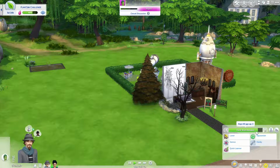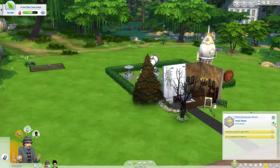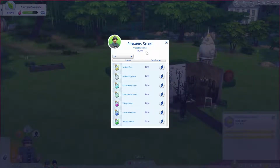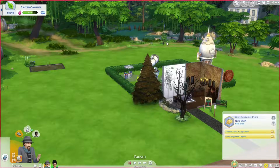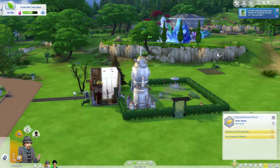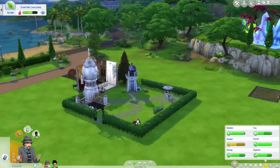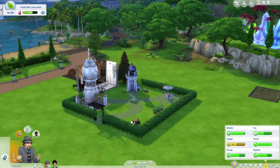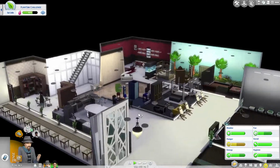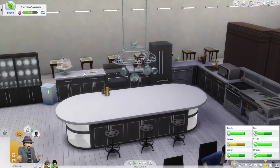We got 3 days. And I'm actually going to do it when it gets down to the 1 day. And we have enough for our stuff, right? Let me just make sure. Yes, we absolutely do have enough for everything that I wanted to buy. So we get 1 trait and his regeneration, basically. So we're almost there. I think we'll probably do 1 more episode, so we probably have 2 more episodes. And I am going to try to put together, like, a